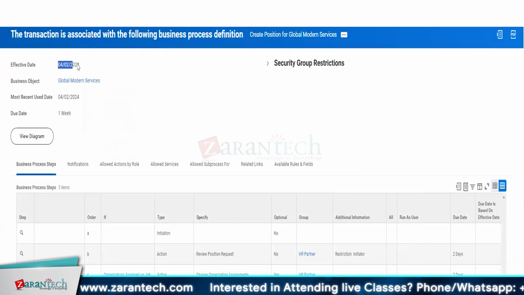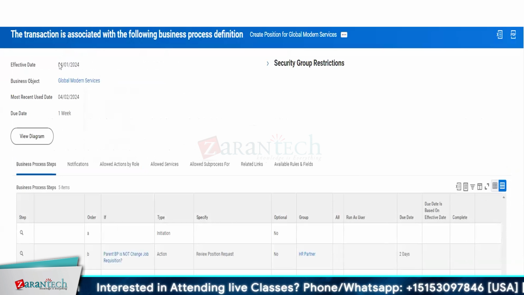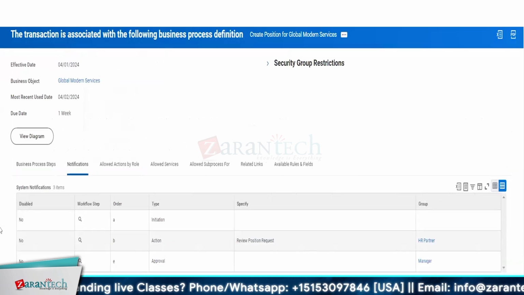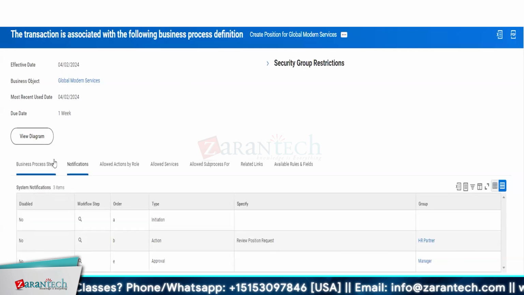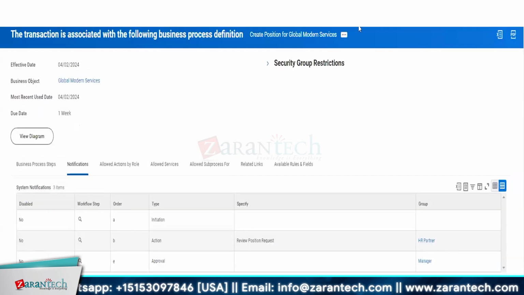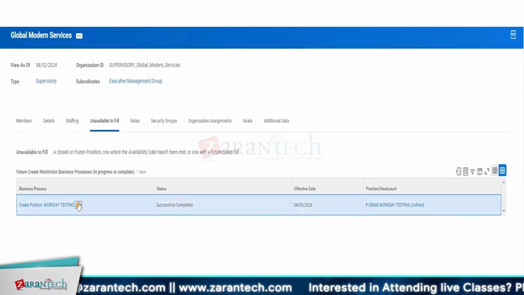Look at the effective date, 4/2/2024, 4/1/2024. You will see the notifications. There are no notifications on this one. So if you cancel, if you create, no notification, because we did not create. This is a snapshot used by the first position, and this is a snapshot used by the one that we just created. Now, if I go back and cancel or rescind it, if I just say rescind this,